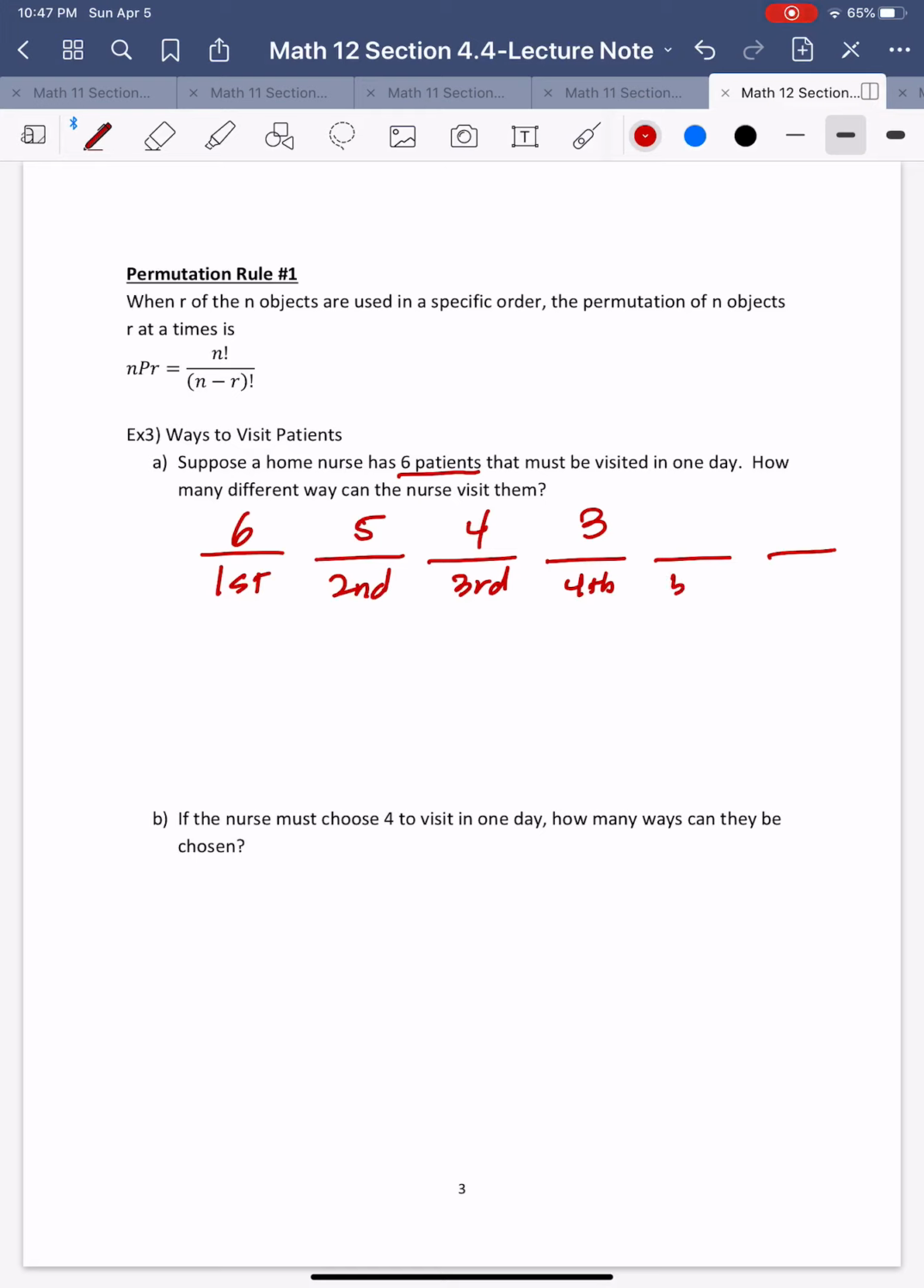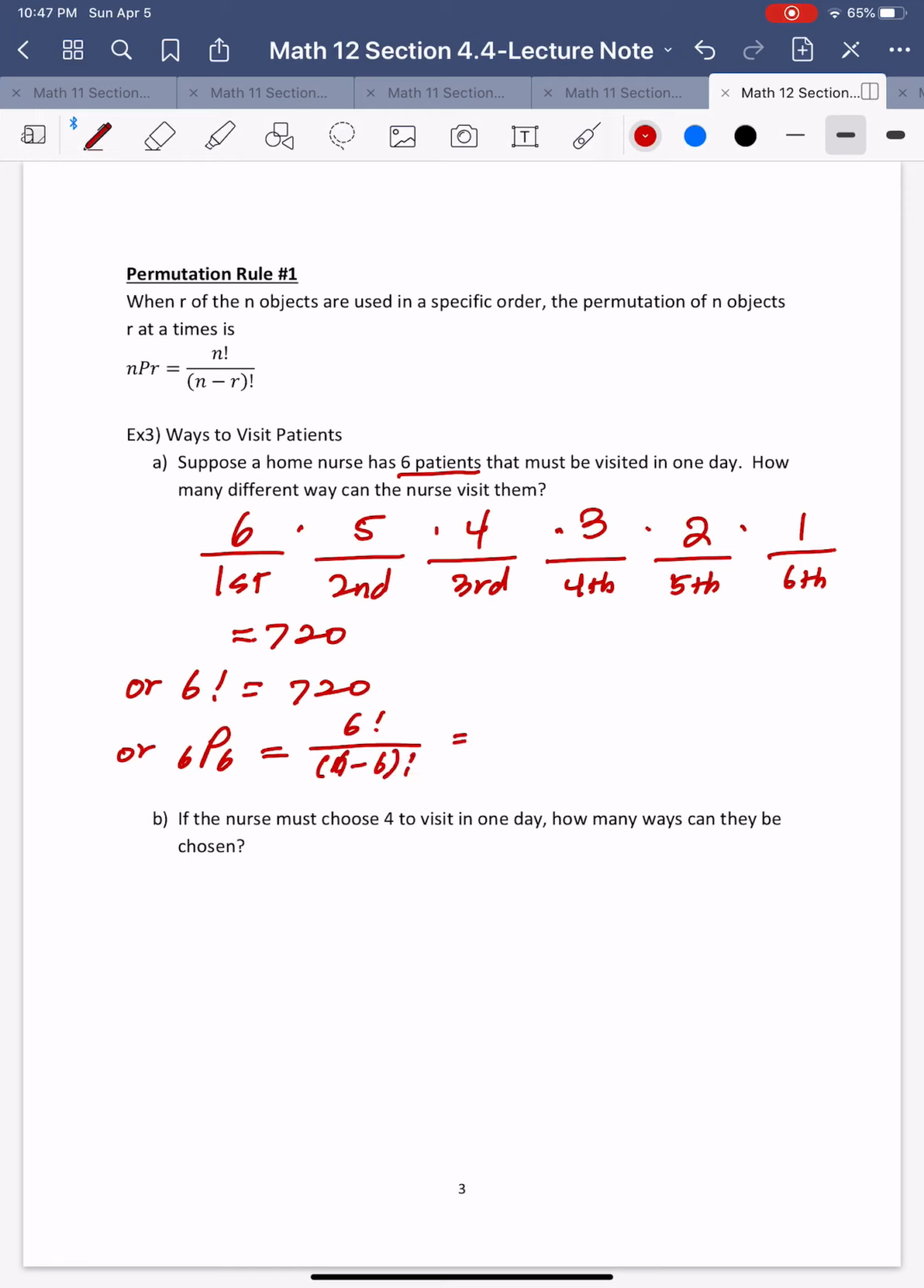And then the fifth visit, now you have 2 patients left, and the sixth visit, now you have 1 patient left. So multiply all of them together, which becomes 720, which you can say is 6 factorial, which gives us 720. Or you can choose, you have 6 patients, but you need to visit them all. So which is 6 factorial over n minus 6, that is 6 minus 6 factorial, which is going to be 6 factorial over 0 factorial, 6 factorial over 1, which is 720. So you get 720